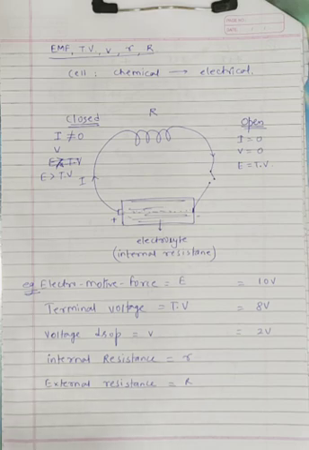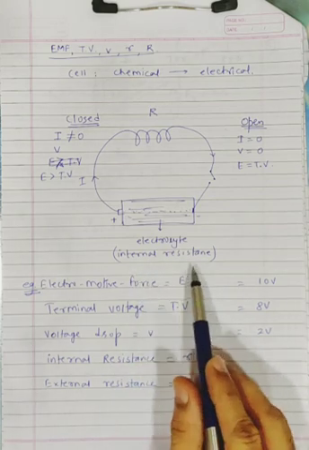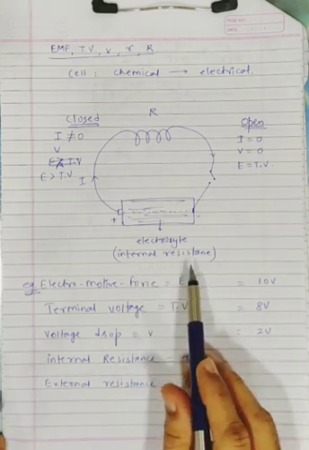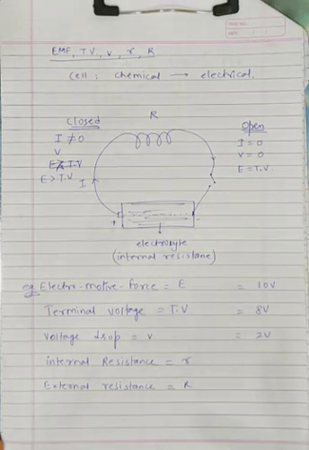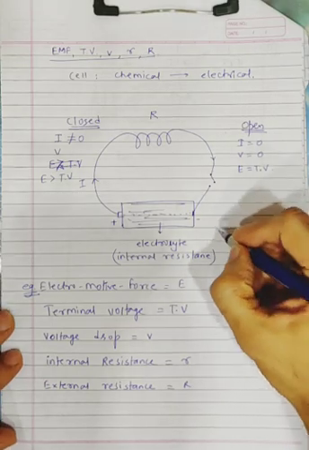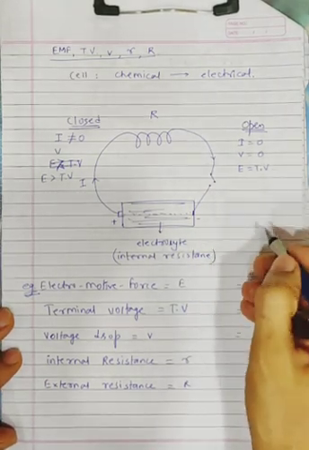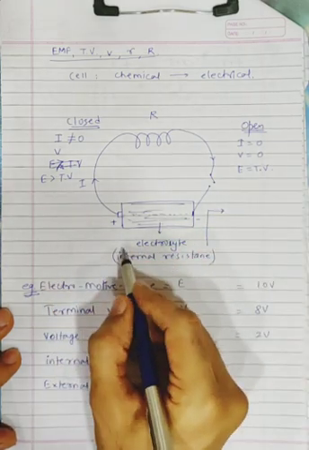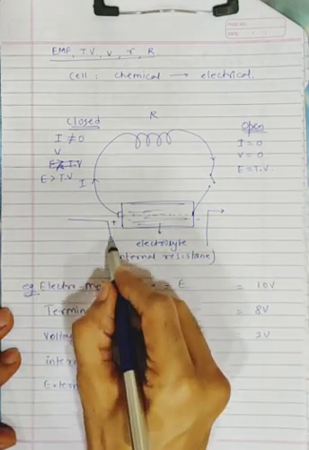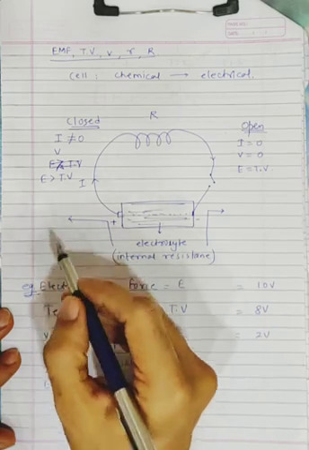So I'll tell you all the formulas you have in this part of the chapter. There are also factors you have to learn affecting internal resistance. We have done factors affecting resistance, and factors affecting specific resistance. Now there are factors affecting internal resistance. What are they? There are 4 factors in all.